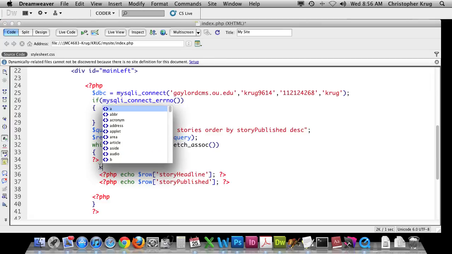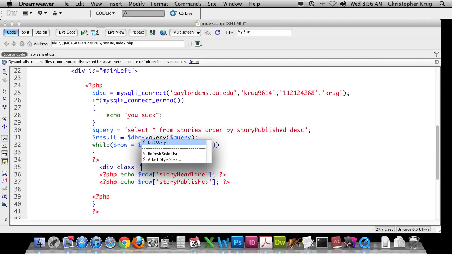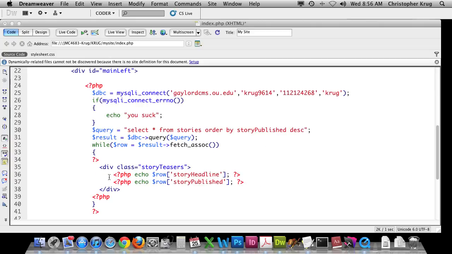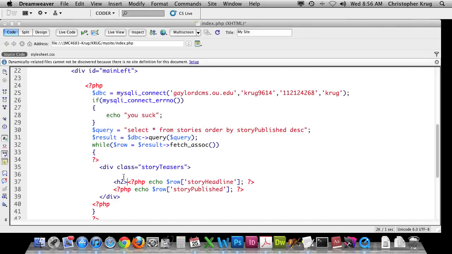So I will create a div, and since this thing will be replicated, I'm going to use the class attribute. So class equals, and I'm going to call this story teasers. I'll wrap that, and then I'm going to tab those over. And then inside each story teaser, we're going to have a headline. So I'm going to wrap the headline in an H2,